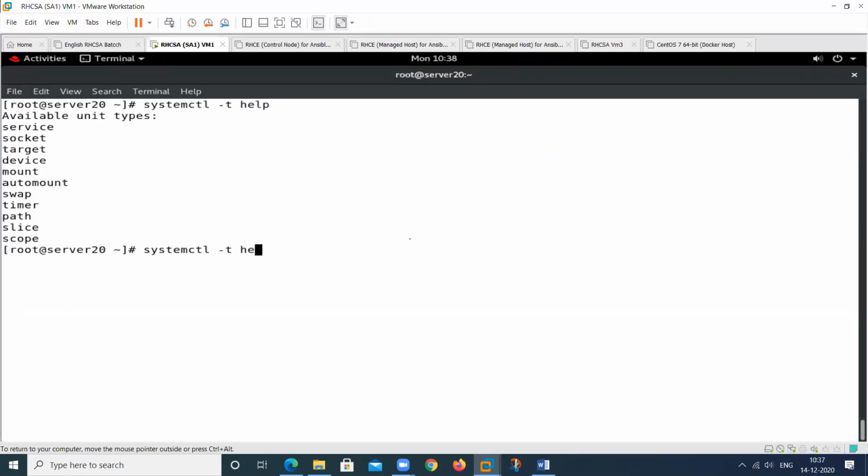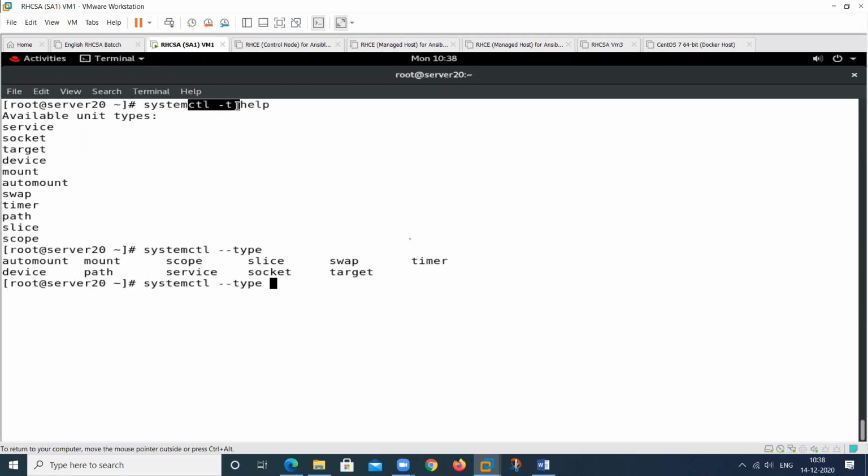And we have a different command also, systemctl --type. Then press tab two times, and you can display all the unit names. Both commands will be the same. You can use this particular command also, and you can use this one also. So this is auto mount unit, mount unit, scope unit, slice unit, swap unit.